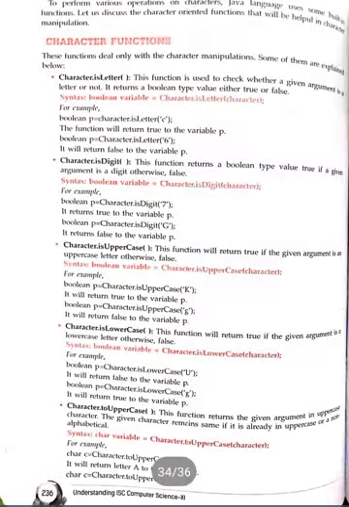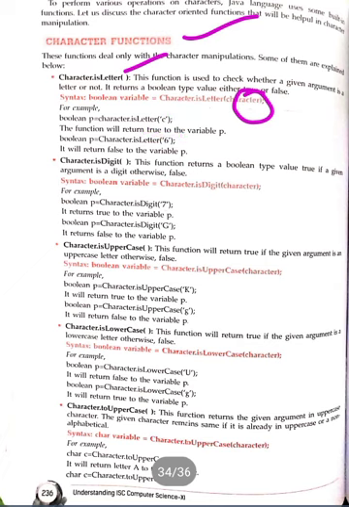Next are character functions. One by one I'll explain all the character functions. Character.isLetter will check whether the given character is an alphabet or not. Like C is an alphabet, it is a letter, so it will return true.